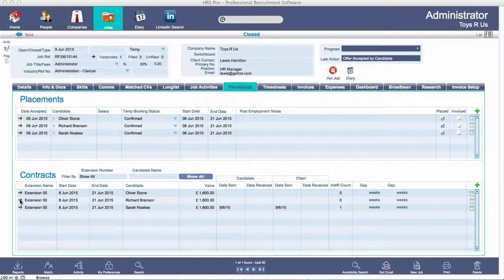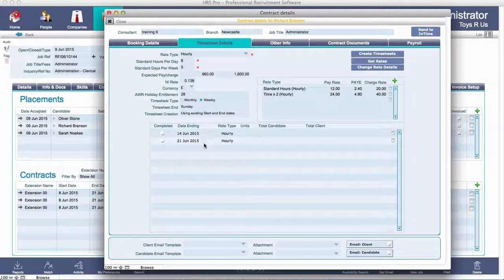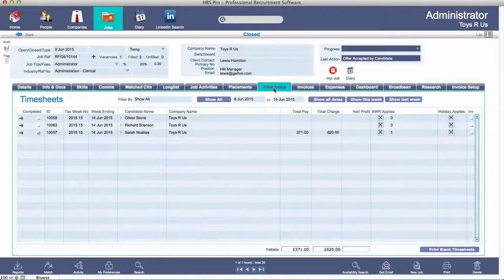Richard Branson, if I just go into his contract, clicking on the arrow to the left of extension 00, we can see that I've created 2 timesheets for him for week ending 14th of June and the 21st of June. So if I close that down and stay in the job record and go across to the